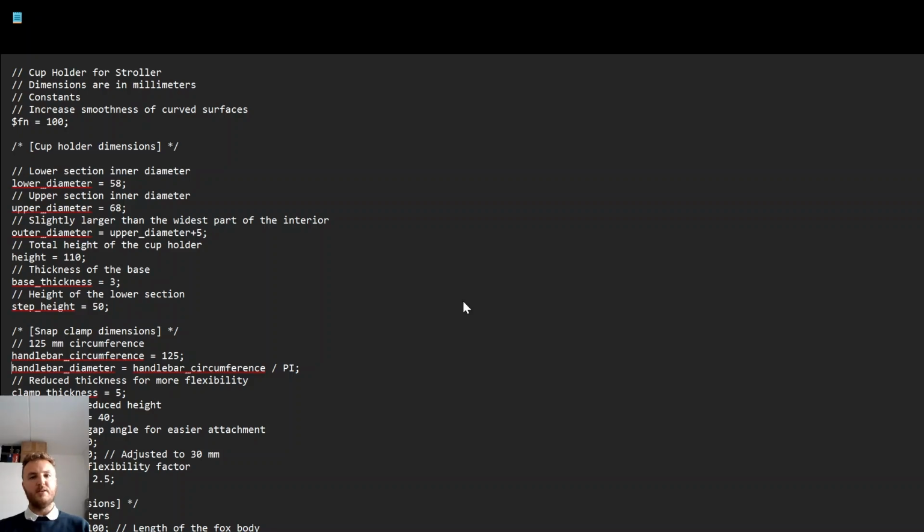And this is // reduced thickness for more flexibility. clamp_thickness = 5; // Slightly reduced height. clamp_height = 40; // Increased gap angle for easier attachment. gap_angle = 70; gap_width = 30;